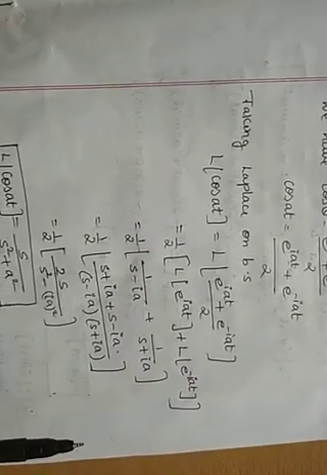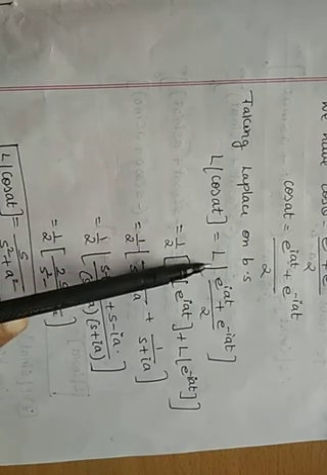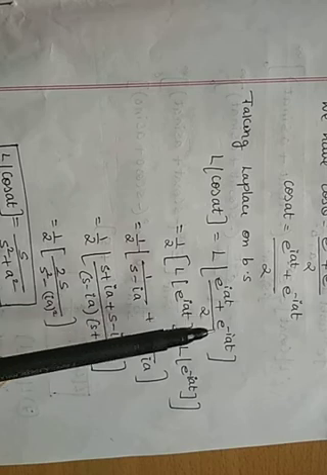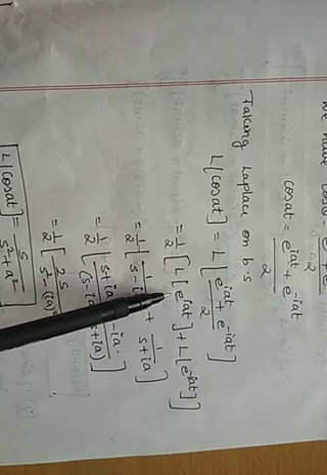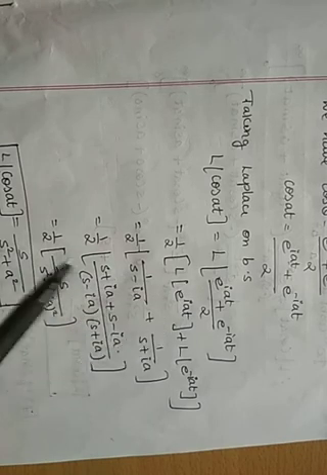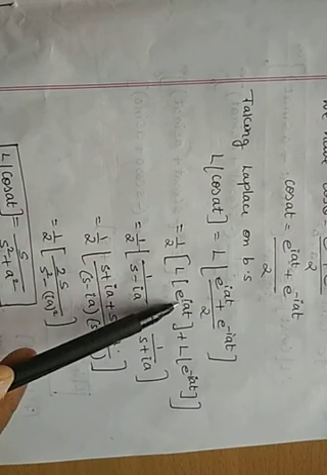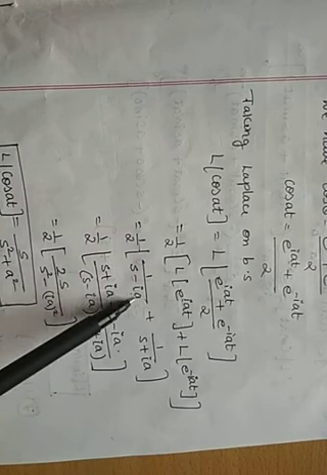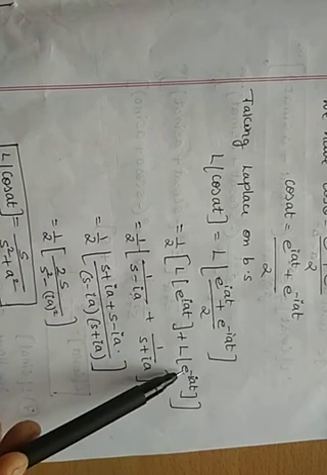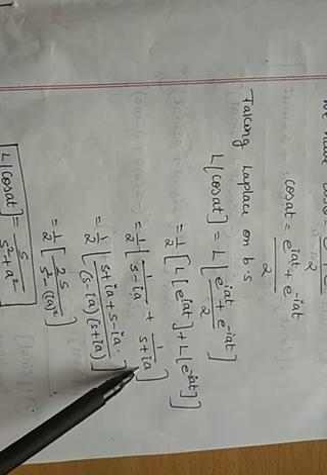Now take L on both sides. When we take L on both sides, the 2 will come out and the Laplace operator will get distributed to both of the terms. I have Laplace transform of e raised to at, but now here I have e raised to i at. So consider this as totally a, and we know that Laplace transform of e raised to at is 1 upon s minus a. Now in place of a it is ia, so write here ia. So similarly e raised to minus iat will become 1 upon s plus ia.